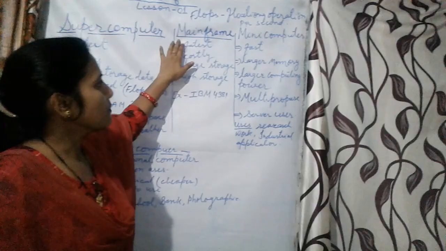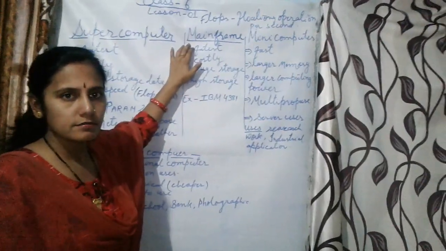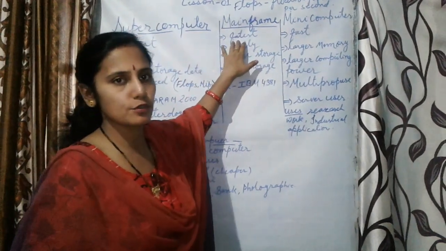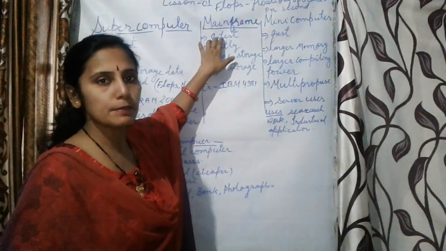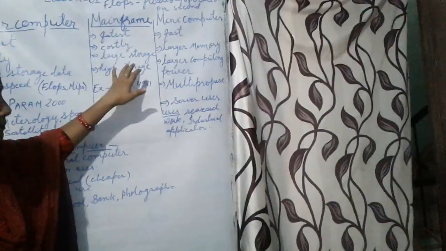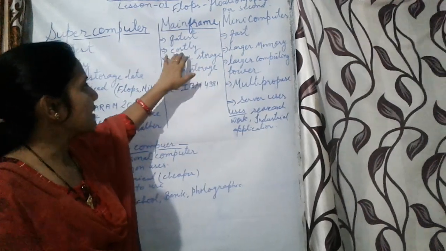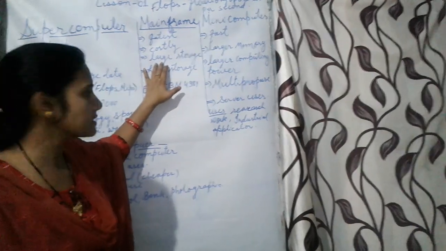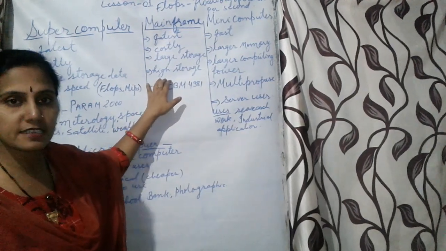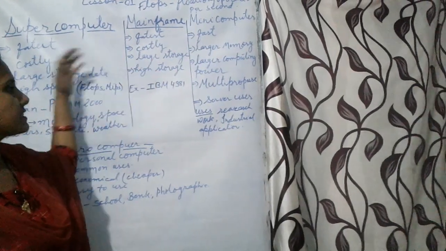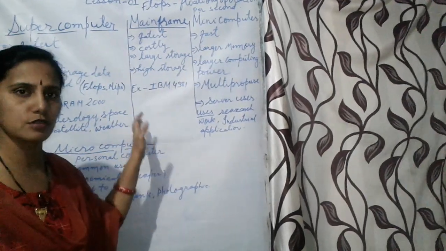Next, let us see the mainframe. The mainframe computer is also a very fast computer like a supercomputer. Thousands of people can work together. You can assume that if 1,000 people work together, it is very fast. It is multi-purpose, multi-programming, and very costly like a supercomputer. It also has large, high storage space, the same as the supercomputer. If it is the same as the supercomputer, then its uses are also the same.